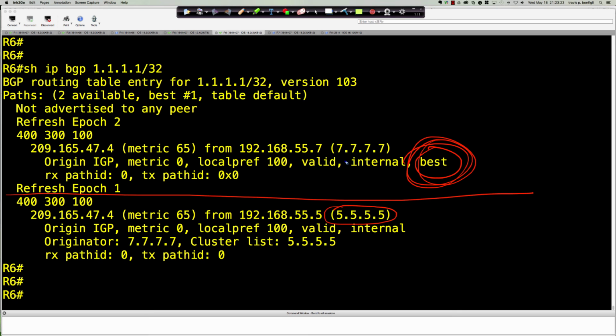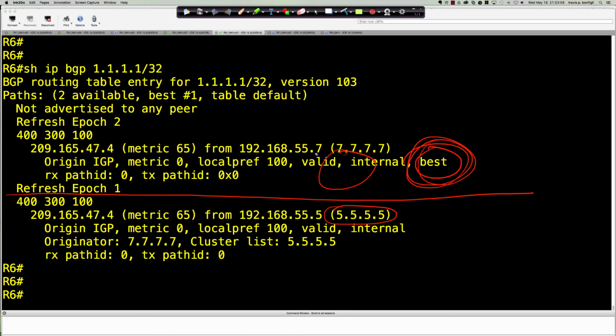You'll notice there's no weight here, right? So technically, it's still a true statement that weight, the Cisco proprietary parameter, is not communicated to other routers. Because again, there's no way to do it. There's no field in the update message to do that. But here is an unintended consequence of setting the weight on the route reflector: it impacts the route reflector clients,